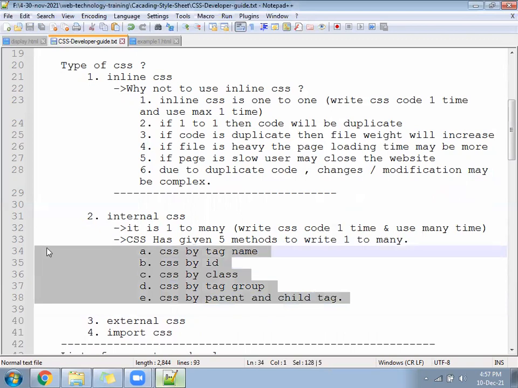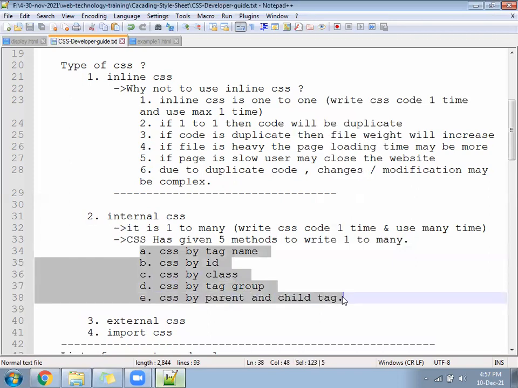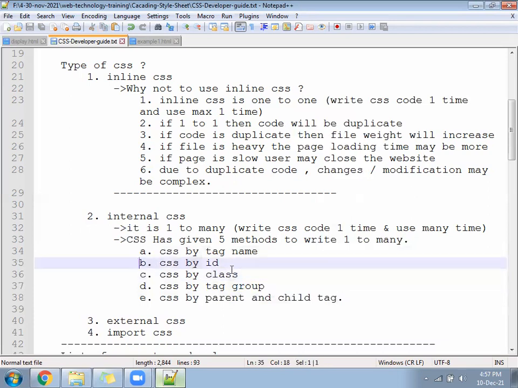Write these 5 methods. The W3Schools.com website has its CSS written based on these methods only. Bootstrap is written on these 4 methods except ID. Bootstrap is not written based on ID. Bootstrap is a CSS library written based on the first method, third, fourth, and fifth.